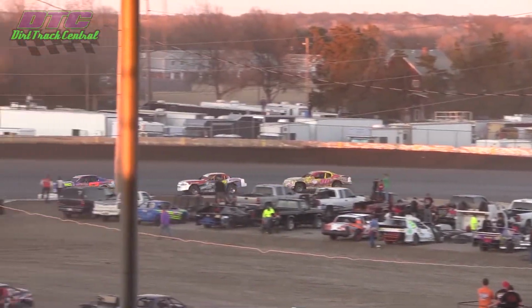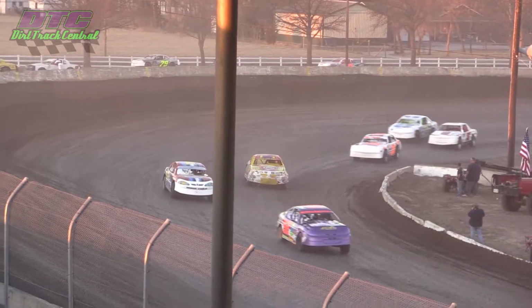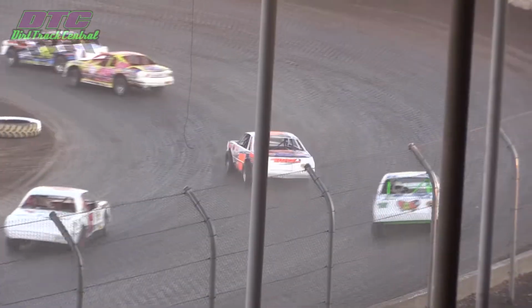Well, he's trying to get himself off the bump. He knows there's some fast cars coming behind. He doesn't want to be where he could possibly be knocked out of the show and have to come in through a B main event. Damon Murdy giving her everything he's got down the front straightaway right there, just to the back of Lloyd Meeske